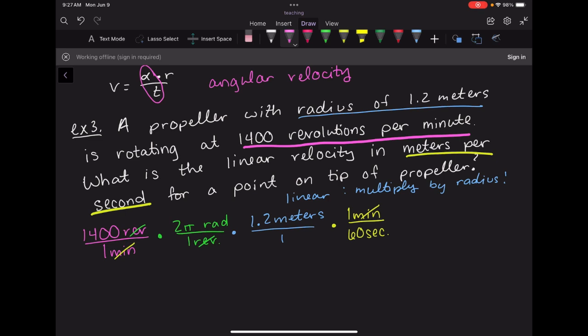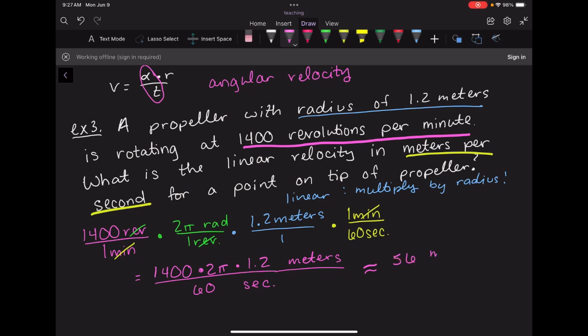Now we can go ahead and simplify and just multiply across. So just to let you know, what I'm going to do in the calculator is 1400 times 2 pi times 1.2, and this is in meters, and then I'm going to divide by 60 seconds. If there's ever multiple stuff in the denominator, I recommend keeping parentheses around it, but in this case we're good. Now I rounded for this one in my notes, so I'll just go ahead and write you that answer. I got